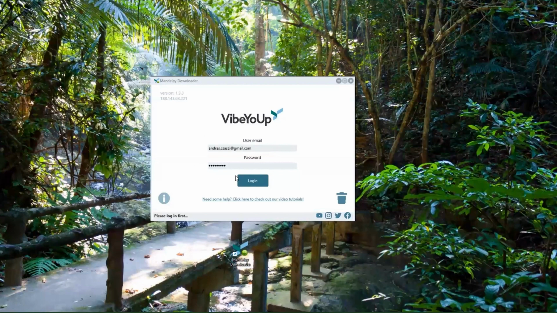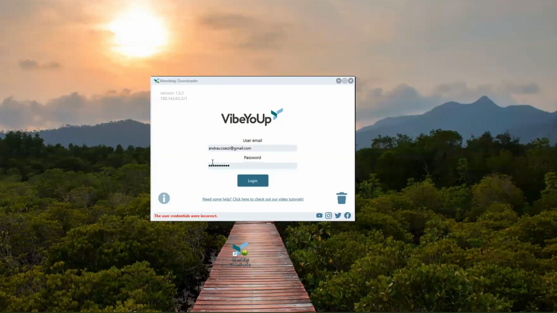Now you need to type in your email address and the password you are using on the Vibria portal. Click on login. So type in your email address and the password, and if you have any kind of mistyping in your email or in your password, you will get this error. Now you need to click on login,